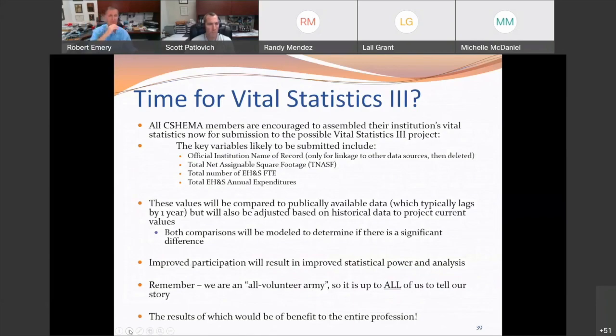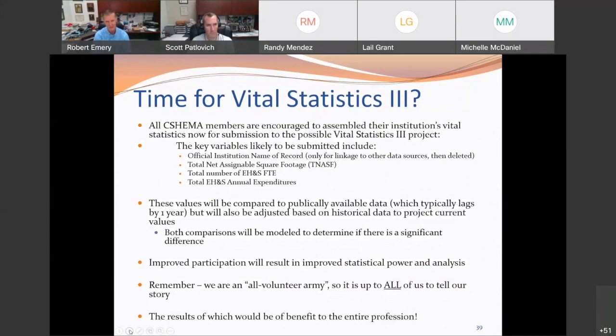Okay, so what we're looking at doing in the future is working with SHEMA to encourage the membership to provide, again, this small subset of key vital statistics. All we need to get from people to participate is the name of their institution. And the reason we need the name is because there's some publicly available databases that we can access.